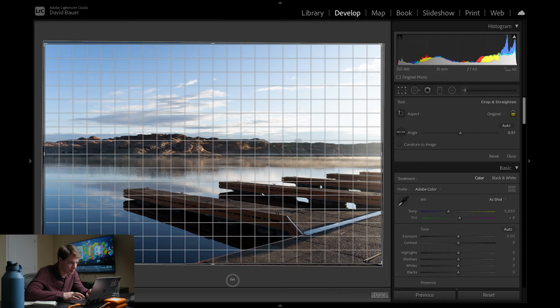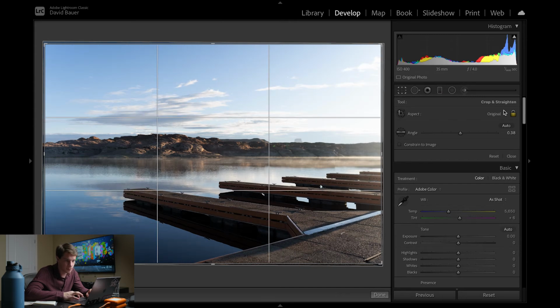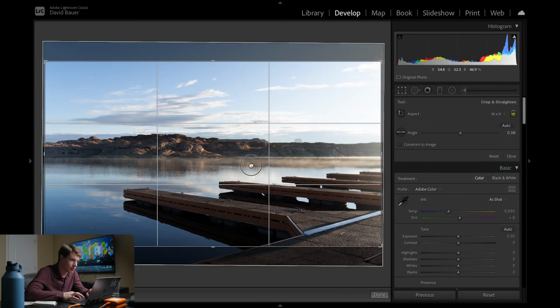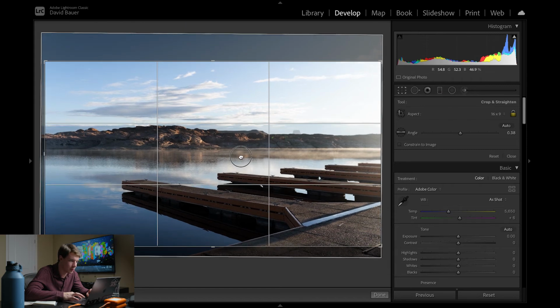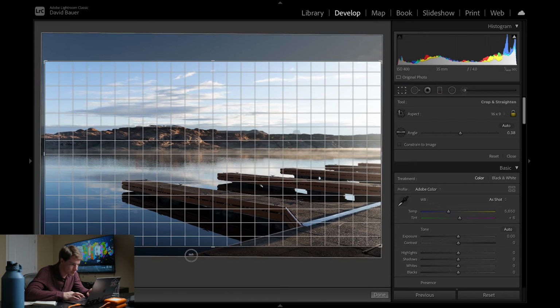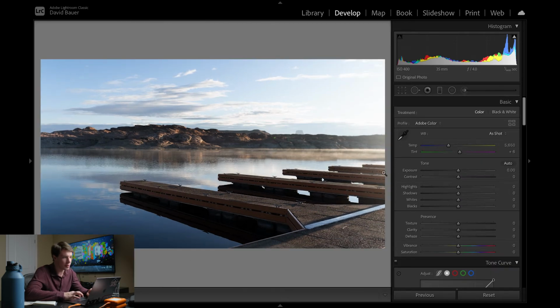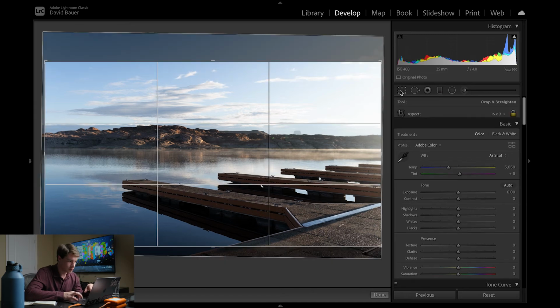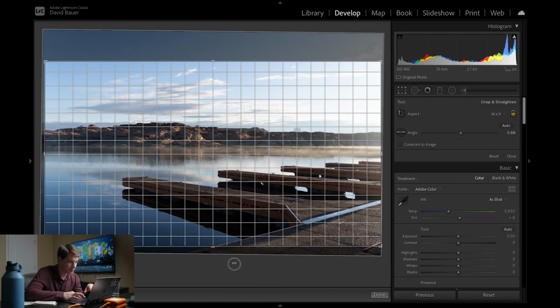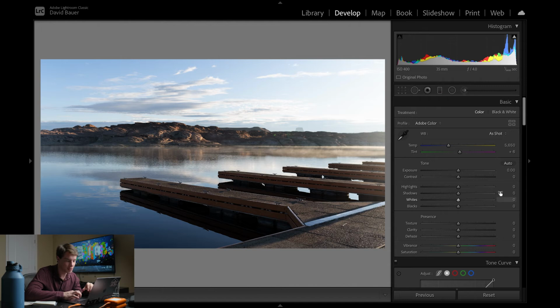So again, cropping right away. There's just too much sky in there for me right now. This, I think, is also one of my all-time favorites. It's just super simple. It was a really peaceful morning and one of my favorite projects ever. So